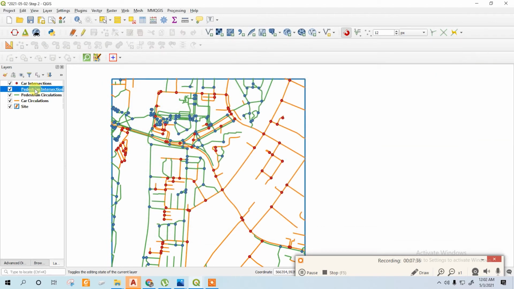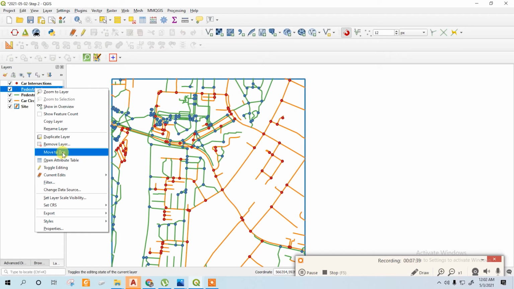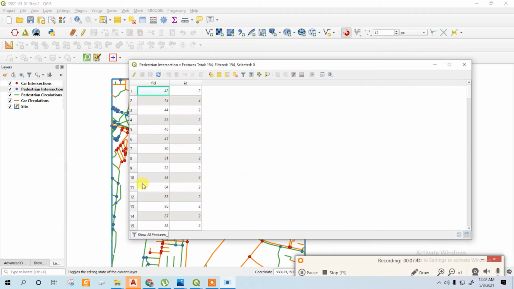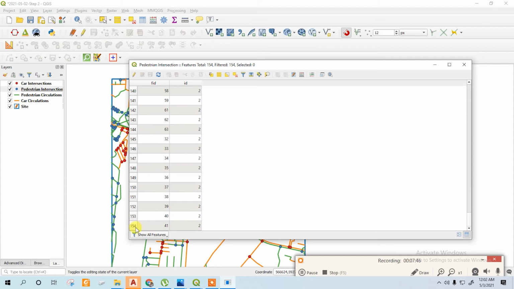Then go to the pedestrian intersection, open attribute table, we'll find it's 154.